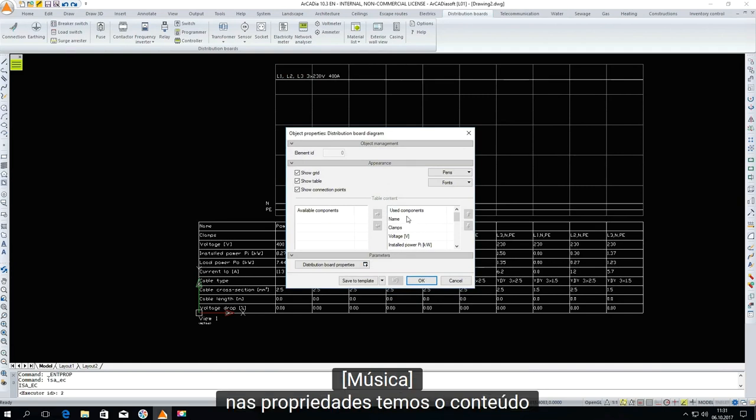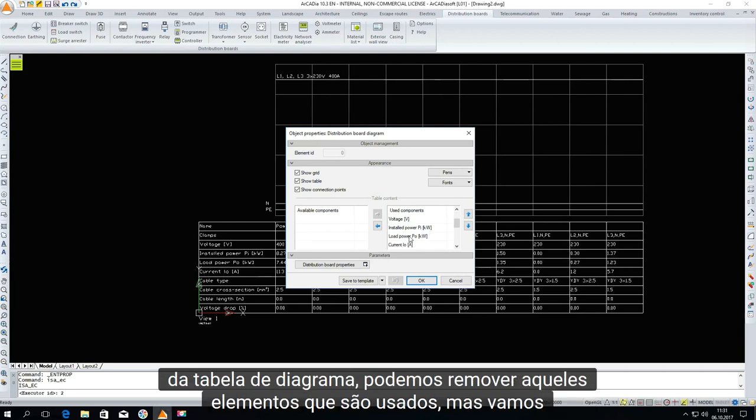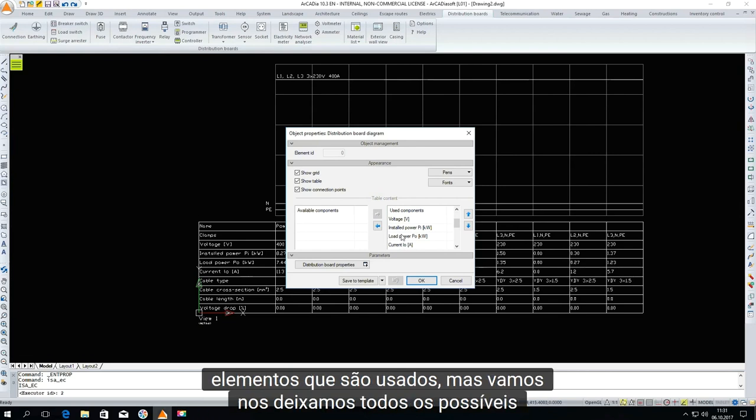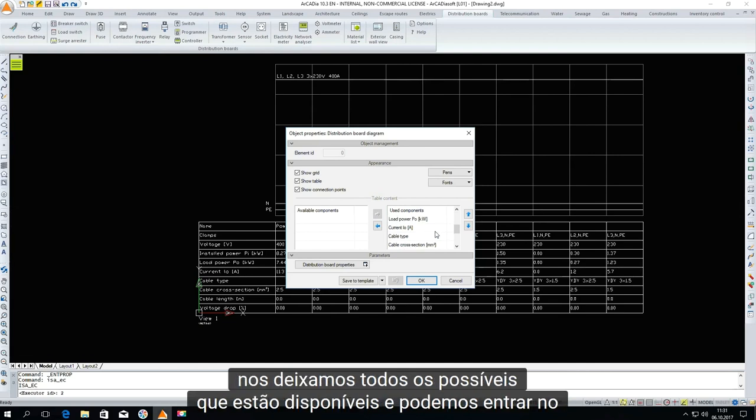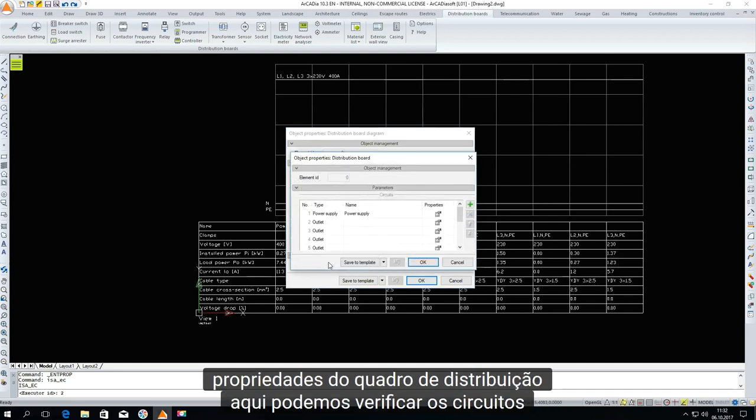In the properties, we have the contents of the diagram table. We can remove those elements which are used, but we will leave all the possible ones which are available,